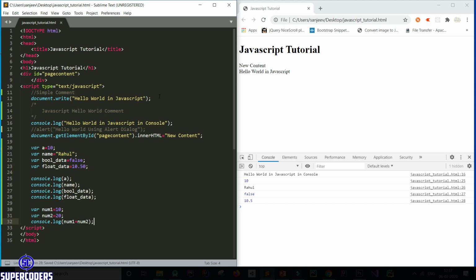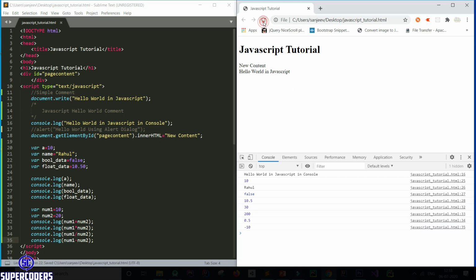Click on save, refresh the page. So you can see output 30, which is using an arithmetic operation. You can do other things like multiply, divide, or subtract. Click on refresh. So you can see the output of every arithmetic operation.